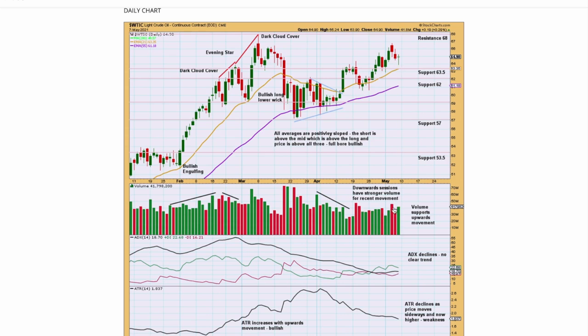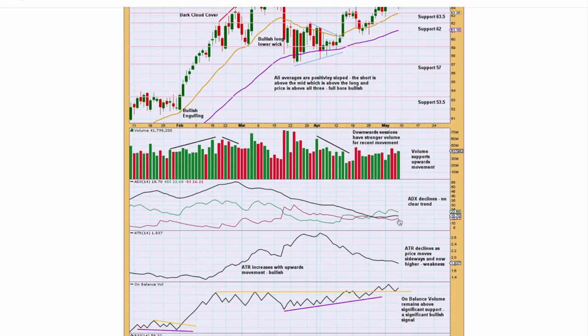The short-term volume profile is just not clear either. Thursday is an upward session with a higher high and a higher low, but it's closed red. There's a lot of downward movement within that session, and volume increased. Was it downward movement within the session that had stronger volume, or upward movement? We can't tell from the daily candlestick. Likewise for Friday, it's a downward session with a lower low and a lower high, but the candlestick has closed green. It's a little doji, and there's an increase in volume. Was it downward movement that has pushed volume, or was it upward movement? We can't tell with a green candlestick on a downward session.